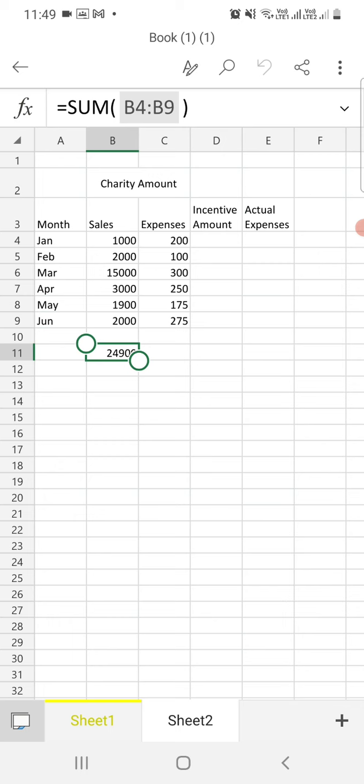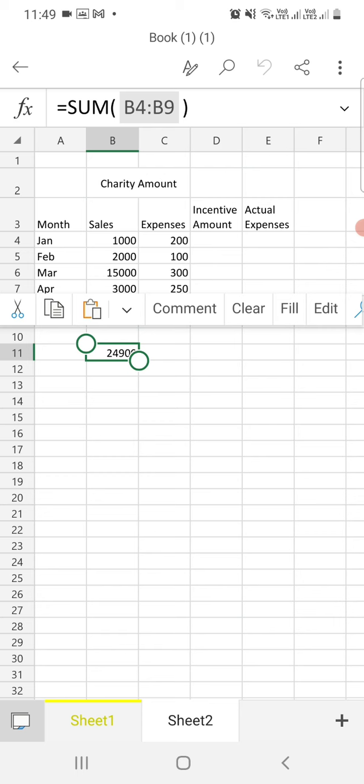That means the cell number B11, we need to copy the formula. Where is the formula? It is here in cell number B11. You can see the formula in the formula section: equal to sum within parenthesis B4 colon B9. That is the range we need to copy.